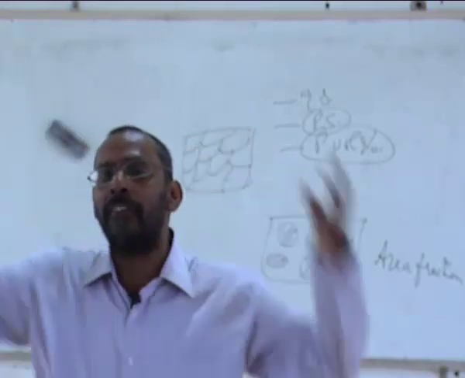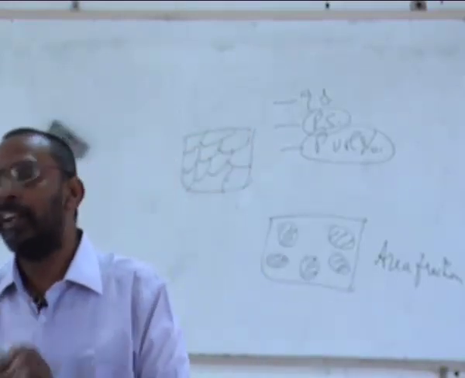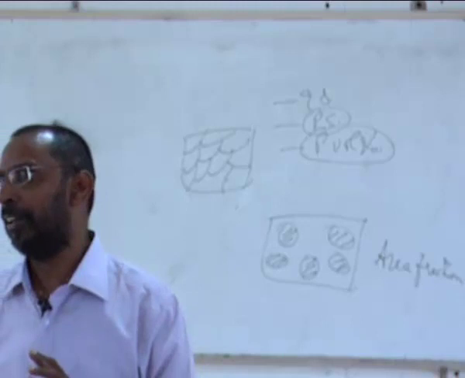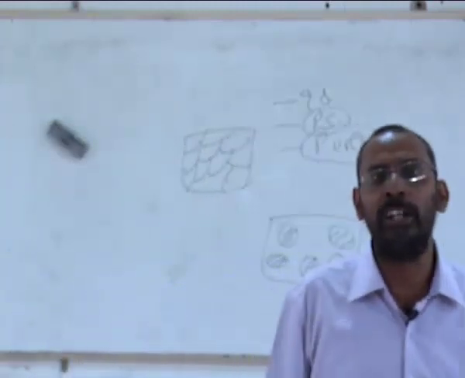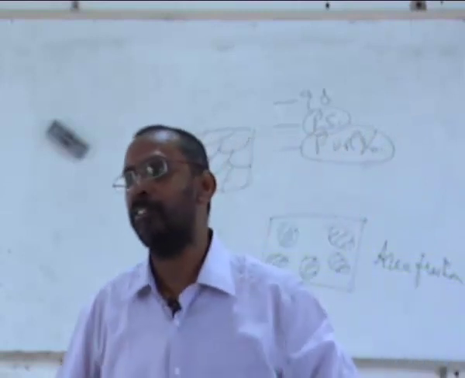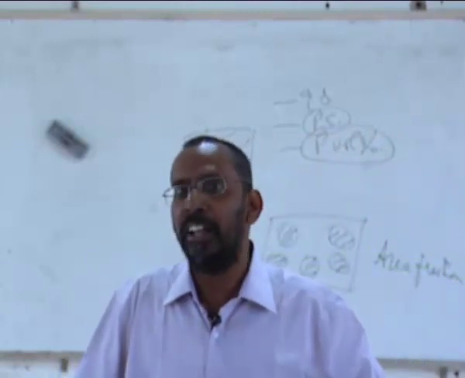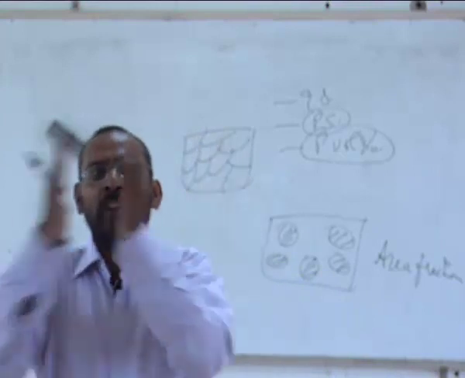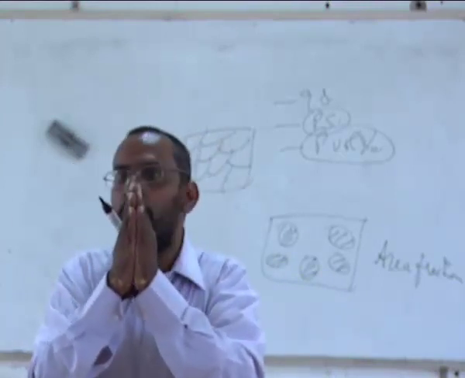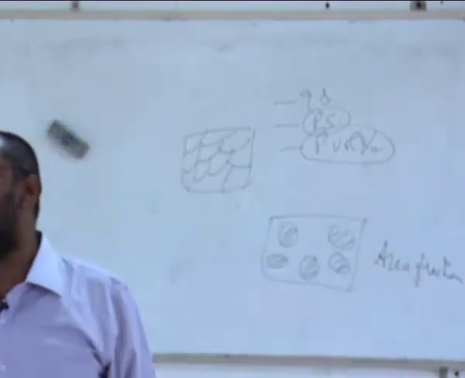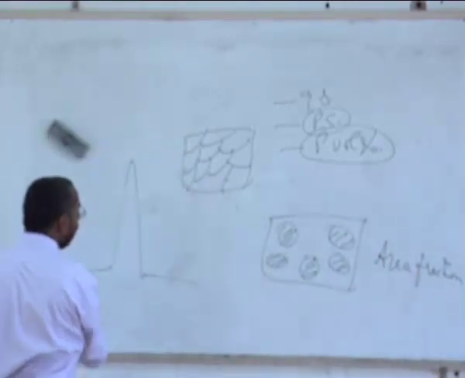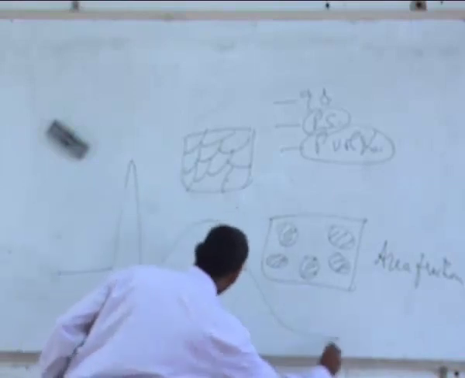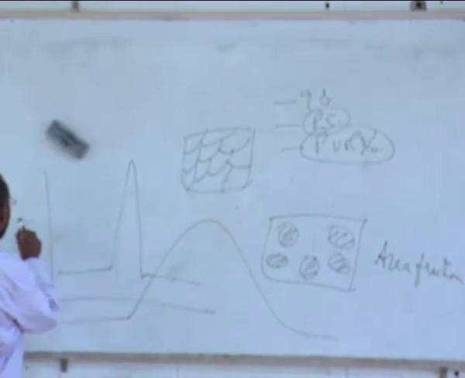You need to get some average number, but you may know pretty well that this average may not mean everything. And that's the reason why whenever you give an average, you also have to always give what is called the standard deviation from the average. The standard deviation tells you how narrow your grain size distribution is, or how wide it is. It is possible that your grains are all having a distribution like this, or like this. What I mean is the number of grains versus grain size.